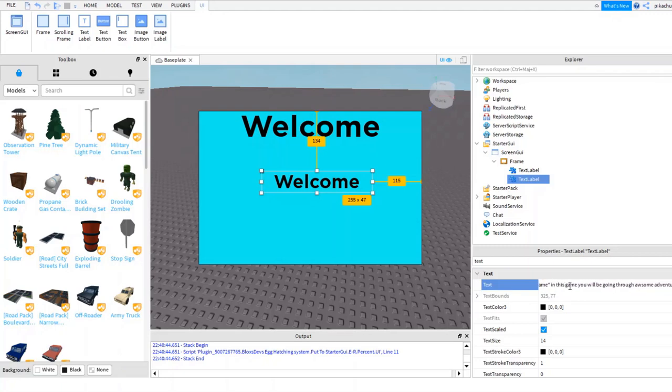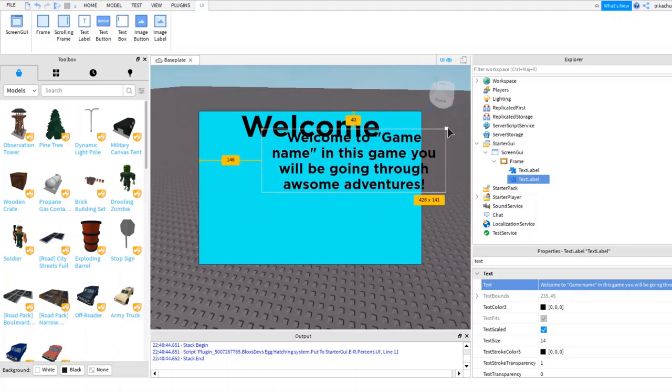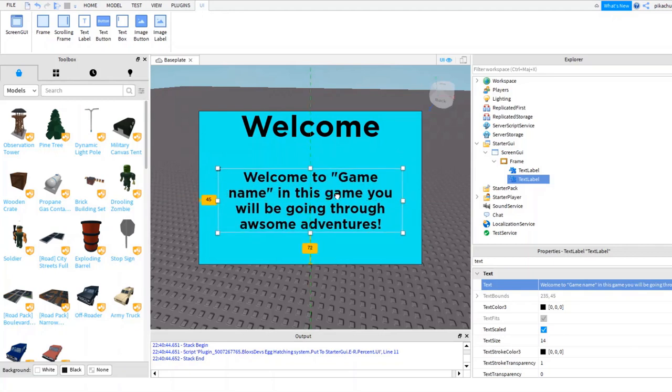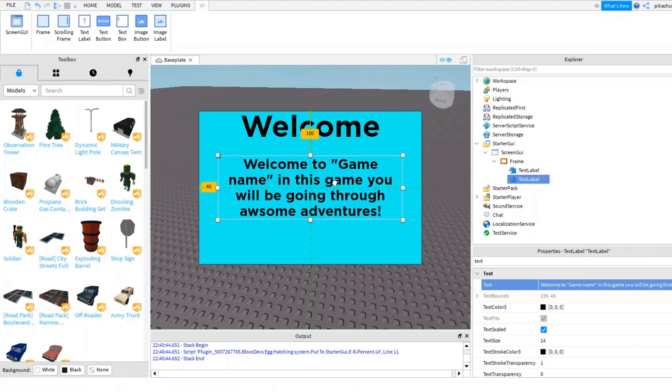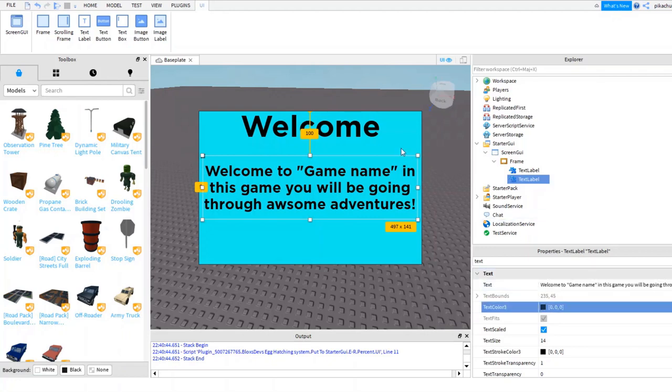Okay, so here, continue. Okay, so let's make this text bigger like this. This looks nice, and put this here. And I think we're maybe gonna change the text's color, something more exciting. Let's see right there. Okay, let's resize that a bit better and change the text color to green.